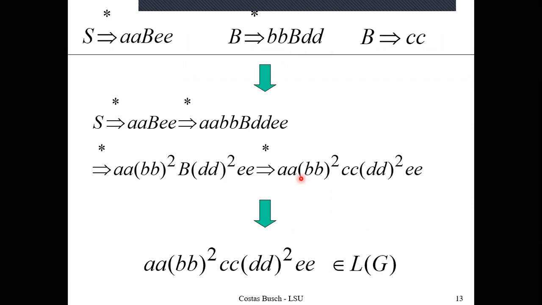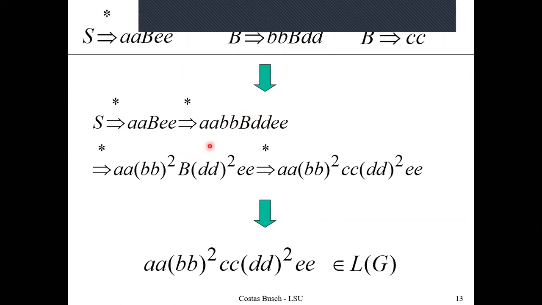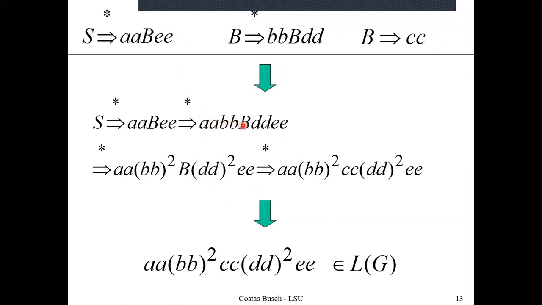Now you can see that I have a repetitive pattern with me, and that repetitive pattern says that once you have b with you, you can replace it with the middle sentential form. So you do it once, and why don't you do it again? If you do it again, you're going to have b square b d square, because this b is giving me b square b d square. So once that has been used, I would have a multiplied by b b, once again multiplied by b b.